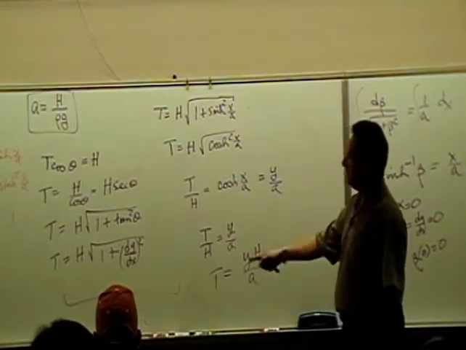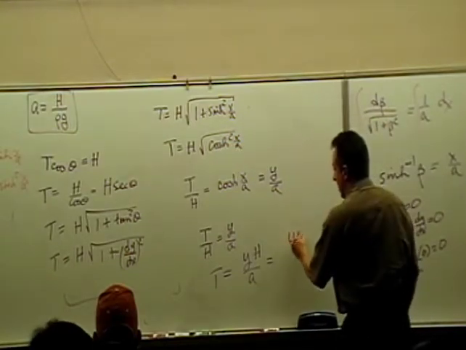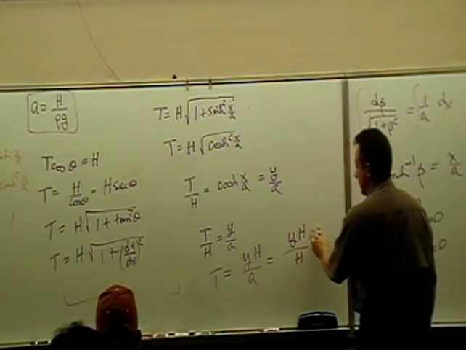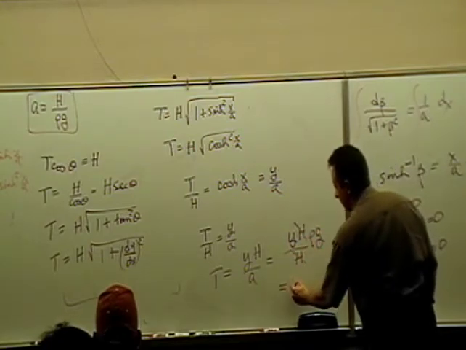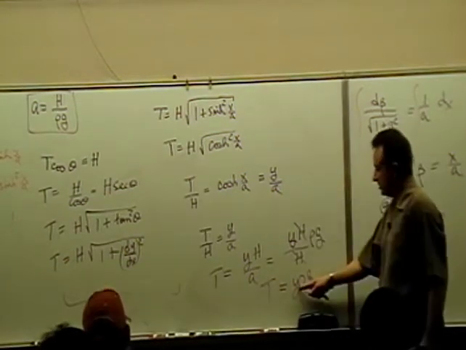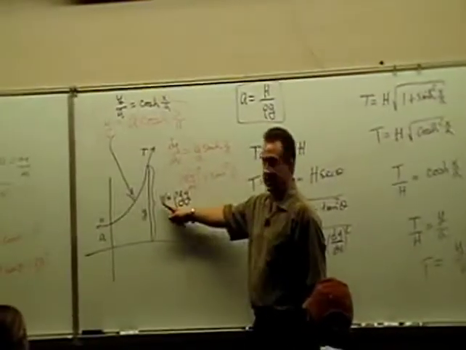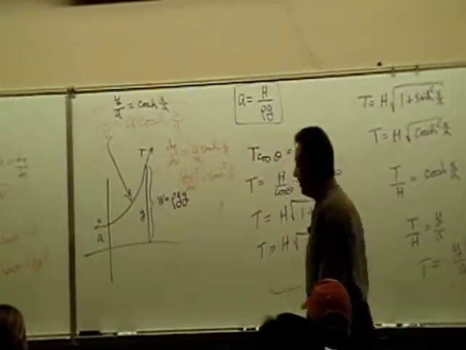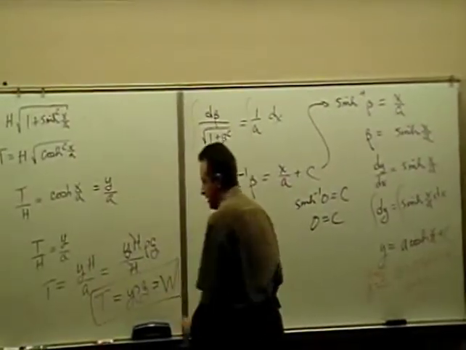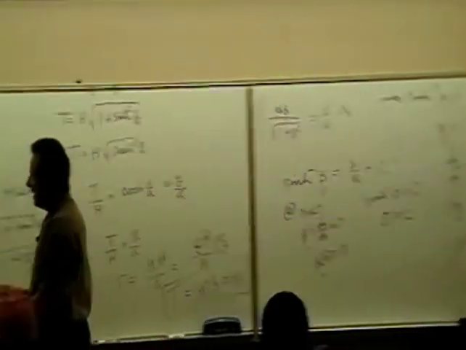And what was a equal to? H over rho g. So you have y h over a, which is h over rho g. The h's cancel, and you get y rho g equals the tension. And what was y rho g equal to? Y rho g was equal to the weight of the cable hanging over a pulley, all the way down to the ground. So this is saying that the tension in the cable can be eliminated, can balance out,